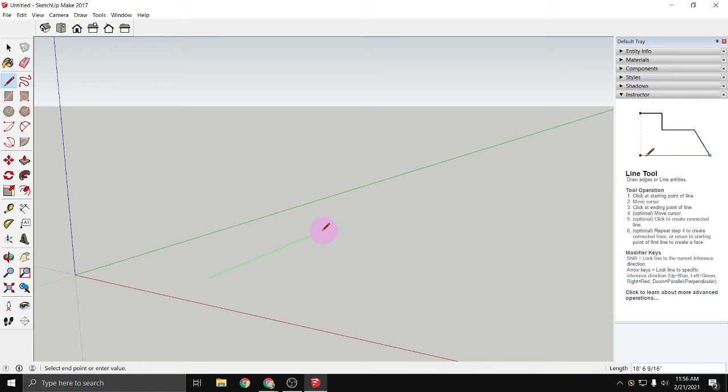The other thing that you should notice is that as you're making that line longer or shorter, the number down here is changing. So as I make it longer, it's getting to be a bigger number, or a shorter number. We can type in a direct amount that we want. So if we want 12 feet, we'll do 12 and then the little apostrophe mark right next to the enter key and hit enter. And then we can move our mouse in the direction we want to go for the next one. And I can type in 24 feet, enter,